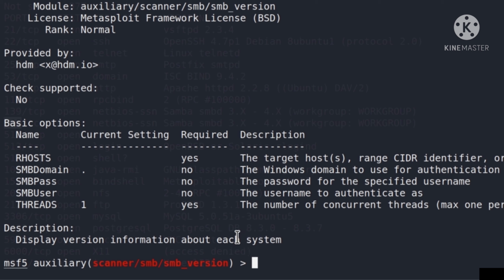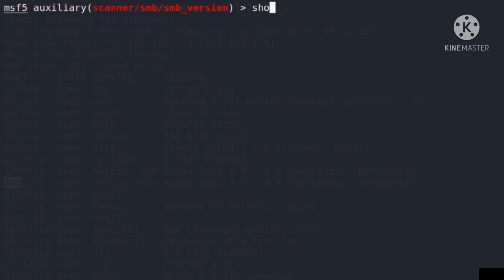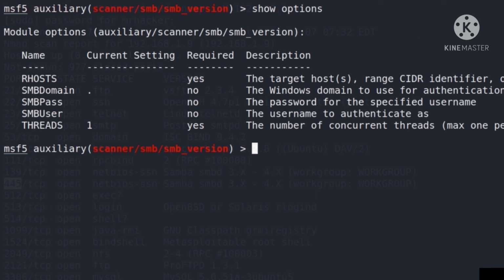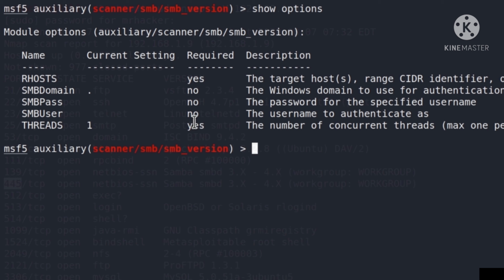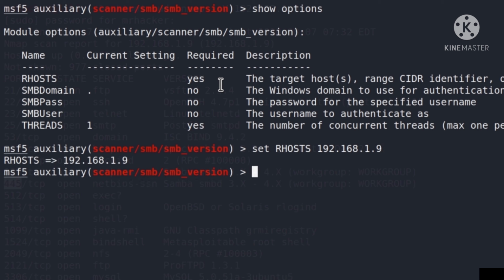Let's type all of the needed information for this to run. So we're going to type show options first, and we require our RHOSTS. We have some other things as well, but these 3 things are not required, as it says right here. The threads we will leave on 1, and the RHOSTS will be the IP address of our Metasploitable. In my case, 192.168.1.9. I will set this right here, and if we run it,